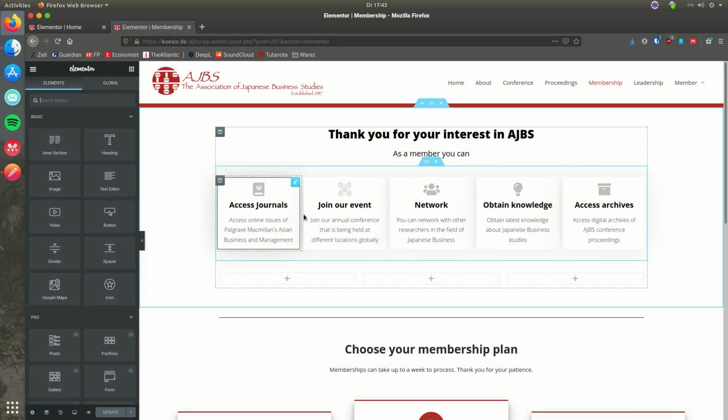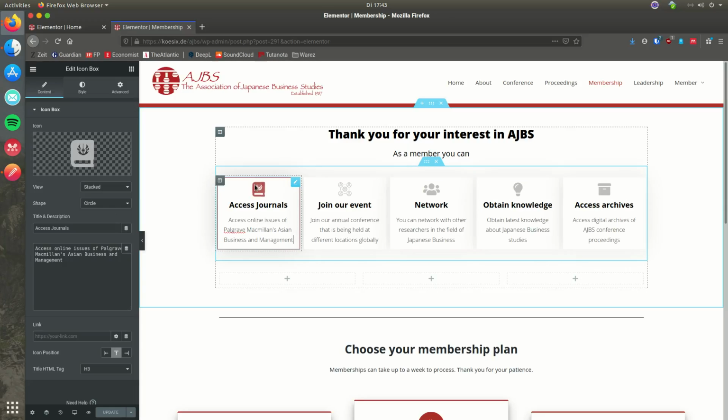Here, this is an element with these 5 benefits. These are boxes you can edit, so you can, for example, just click one of these elements here,